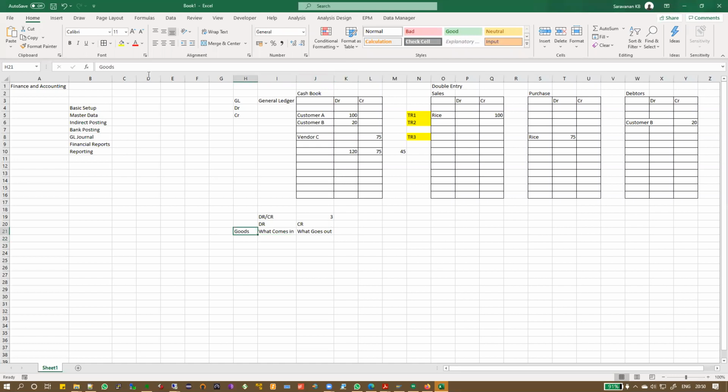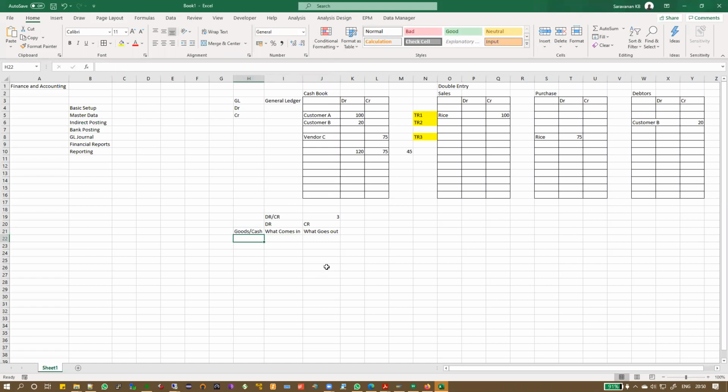Actually, technically it's for cash also, so I'm just putting it as goods and cash. Whenever it comes into your account, you have to debit it. Whenever it goes out, you need to credit it. This might be a little bit confusing. Don't confuse this with the bank statements because the bank statements work exactly the opposite way. I'll tell you why, but we'll come to that later. Just remember this: for goods or cash, you always debit what comes in and you credit what goes out.